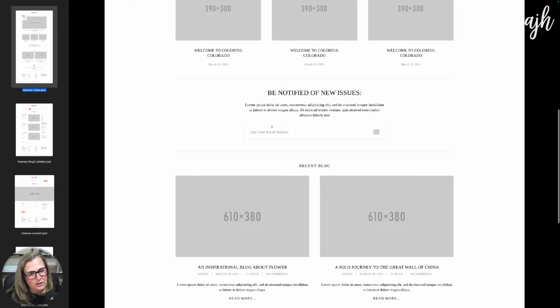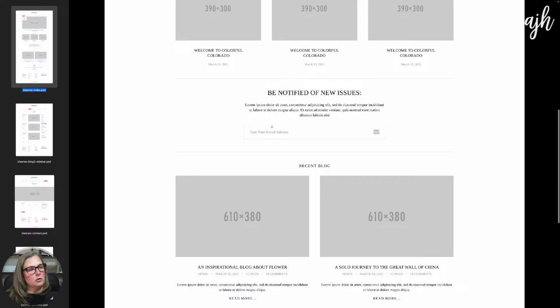Position relative, so we can position absolute our submit button over top. We probably don't want to put it inside the input since we have 2 inputs. We probably want to move that over here off to the side. So we're styling the input and the button.